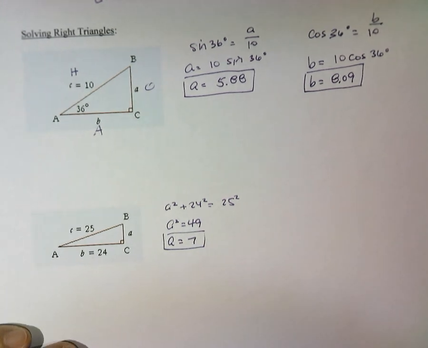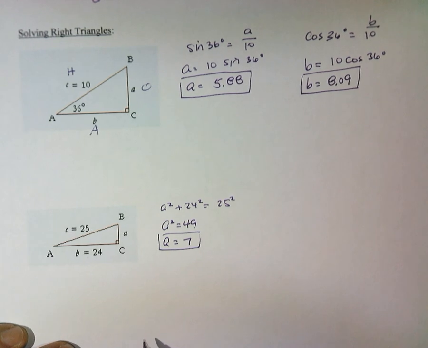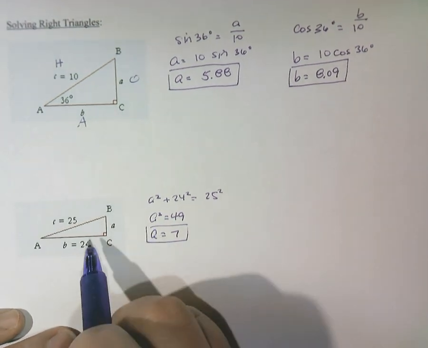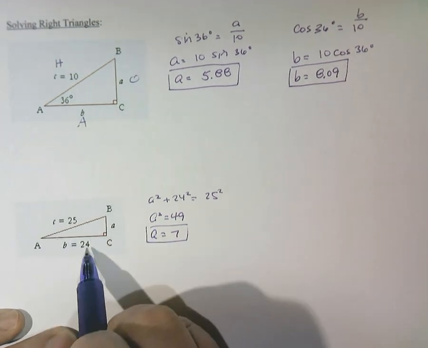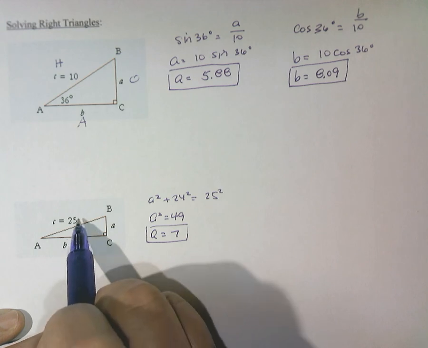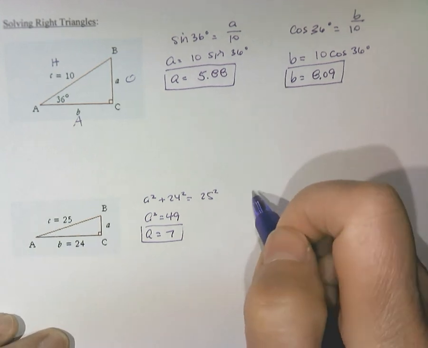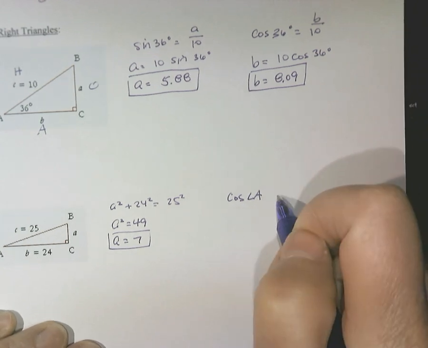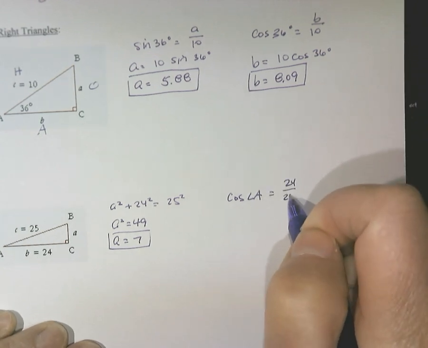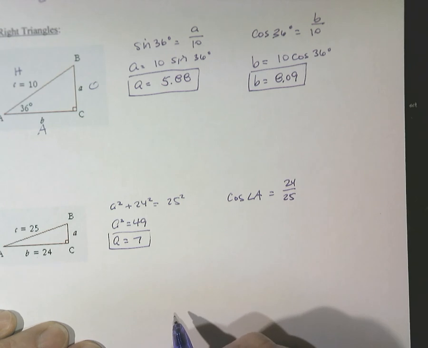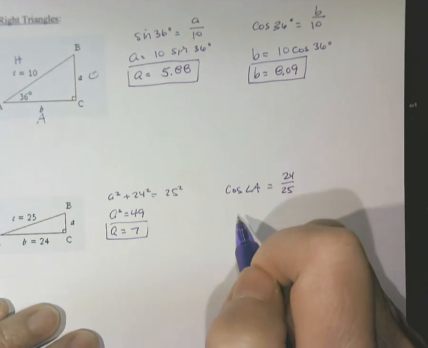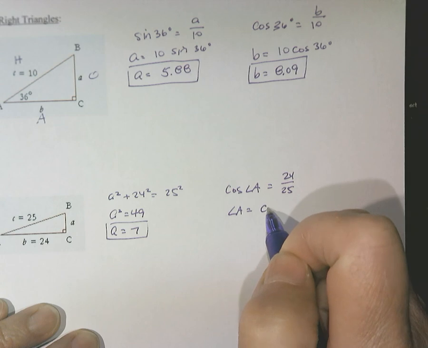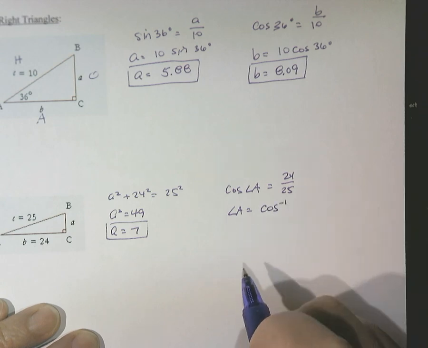But I also wanted to use this to find the angles. If I want to find angle A, I'm given the adjacent and I'm given the hypotenuse. So I could say cosine of angle A equals 24 over 25. Then I need to use inverse cosine. So angle A is equal to the inverse cosine, and I'm going to use cosine to the -1